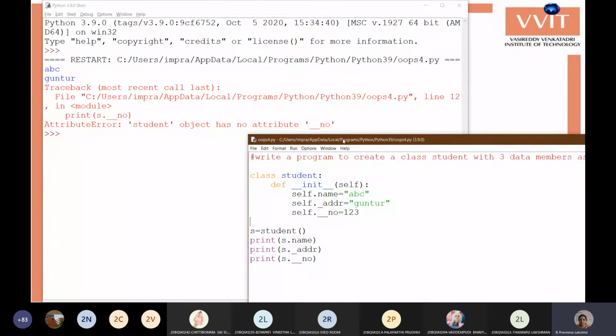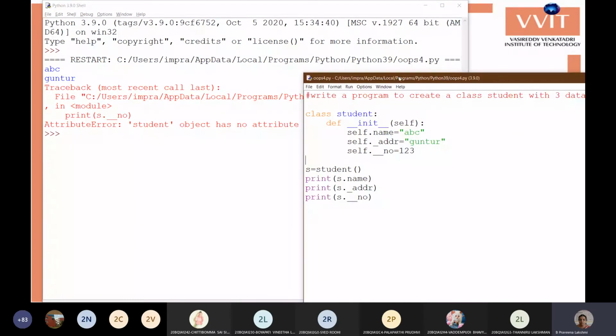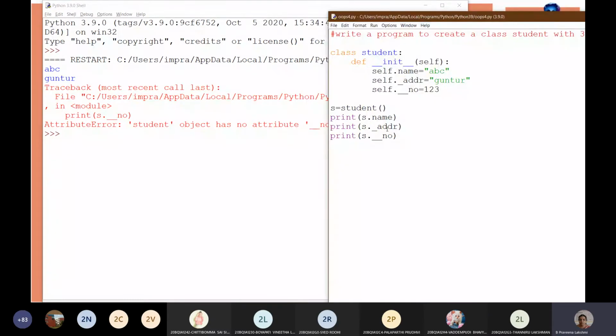Here you can observe the protected variable. Protected variable is acting similar to the public variable, but not directly in other classes. So outside the class you can access it, but not in other classes which are not related to the student class. Student class కి direct relation లేని classes లో మనం protected member ని direct గా access చేయలేం.